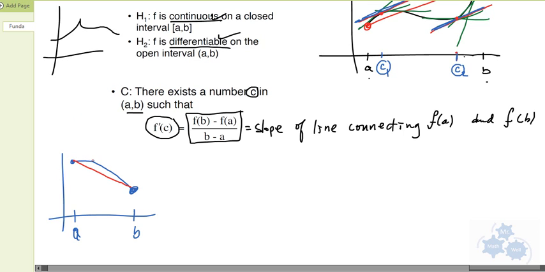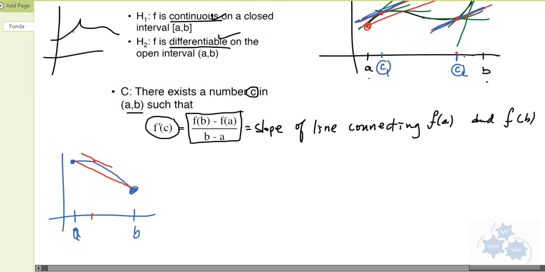And there's got to be somewhere, right about, I don't know, about here, there's got to be a point where the tangent line is exactly parallel. See that? And that would be the point there. There's got to be at least one. Now, do you understand that there may not be,